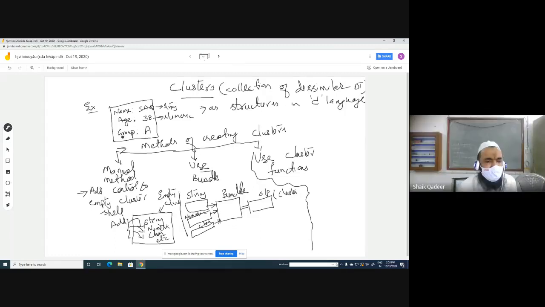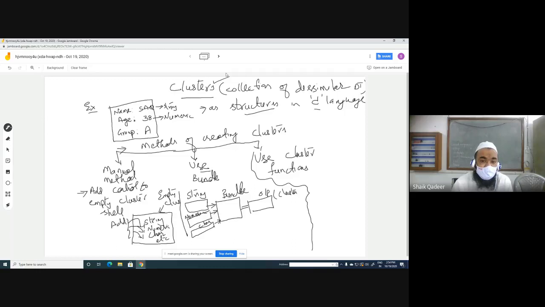A group, B group, whatever it may be. So if we want this type of different data type collection for one particular object, in that case we go for structures in C programming, and in LabVIEW we go for clusters. Hope it is clear. The introduction to clusters was already explained earlier, once more it is repeated.